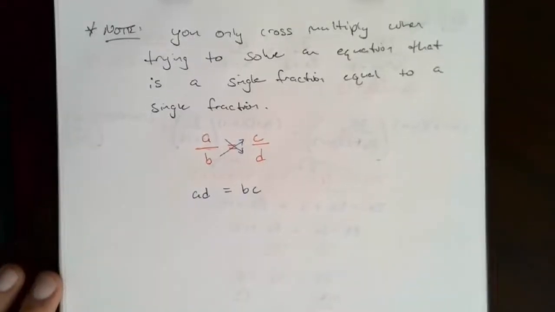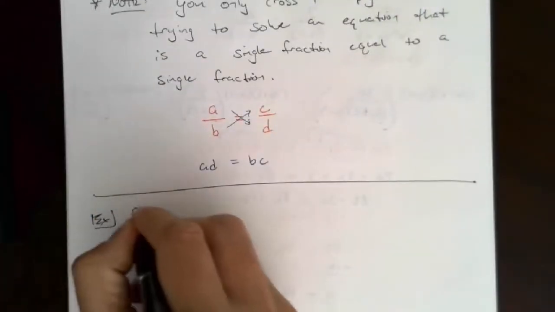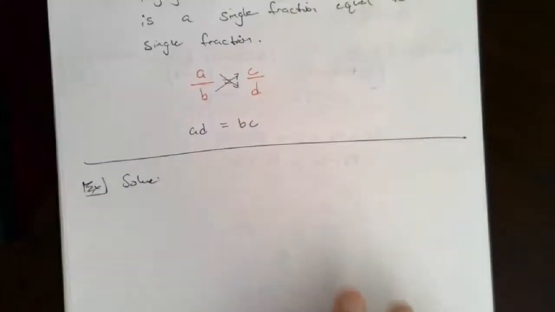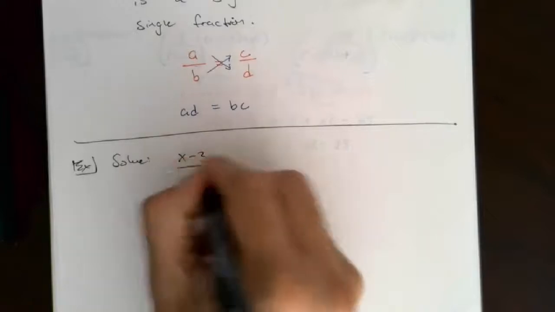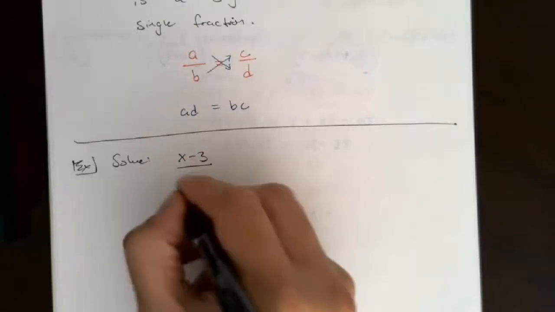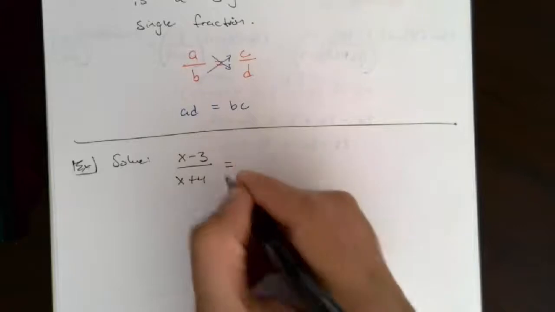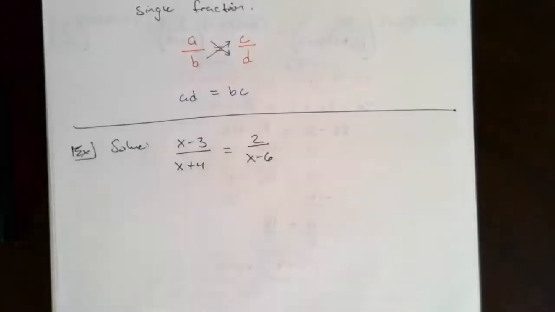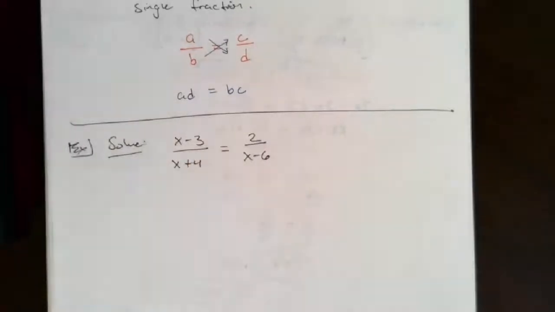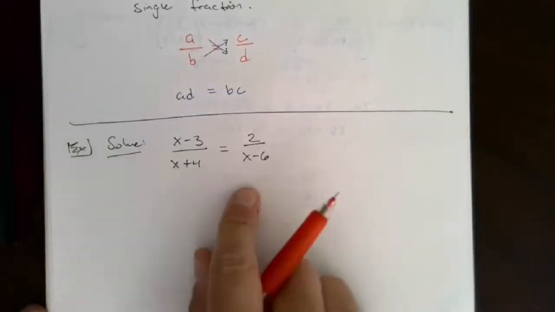So, for example, if I said to solve x minus 3 over x plus 4 is equal to 2 over x minus 6. Now, you could solve this like we had before, finding an LCD and multiplying to each term. It actually works out the exact same way. But if you notice it's a fraction equal to a fraction, the easiest way to handle this is to cross